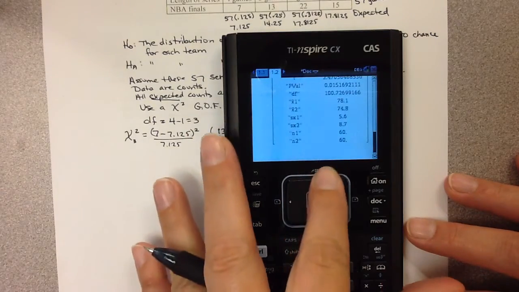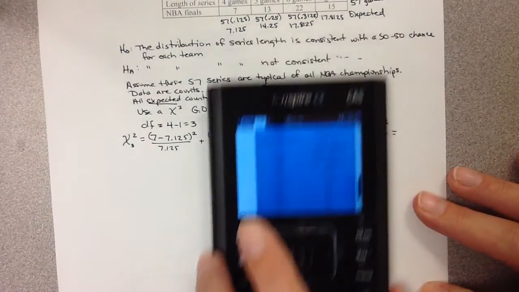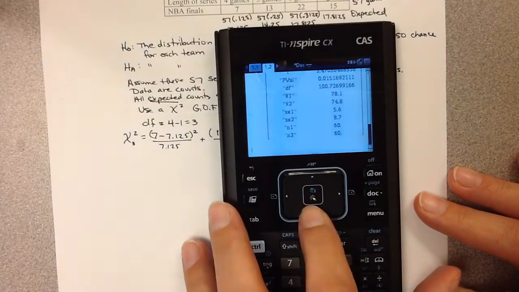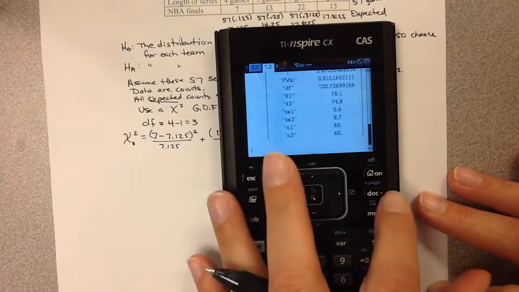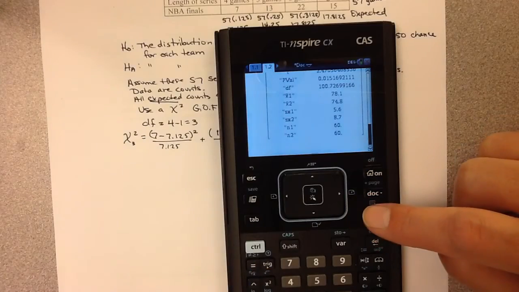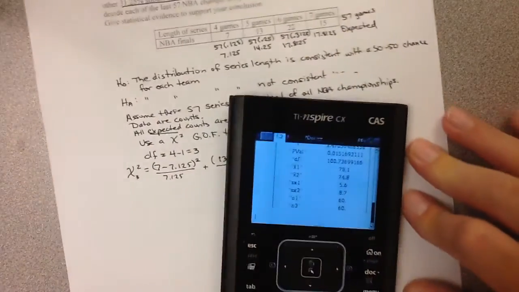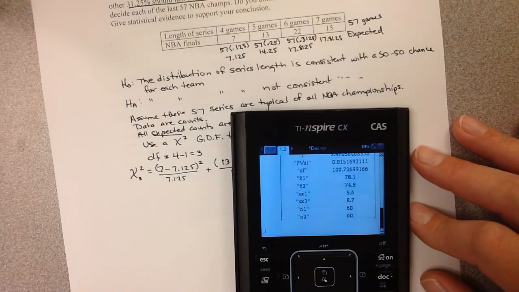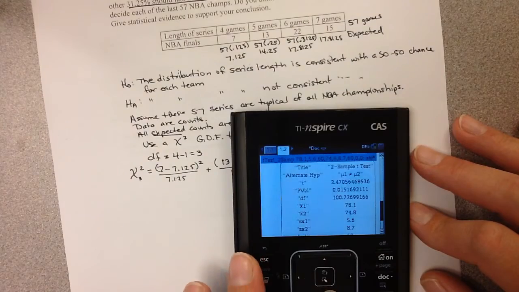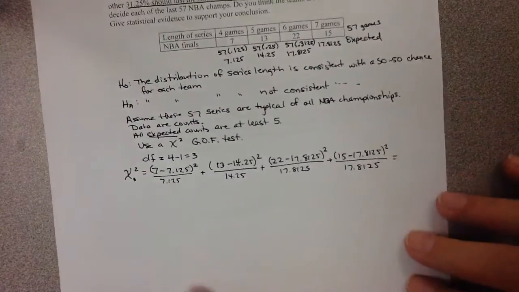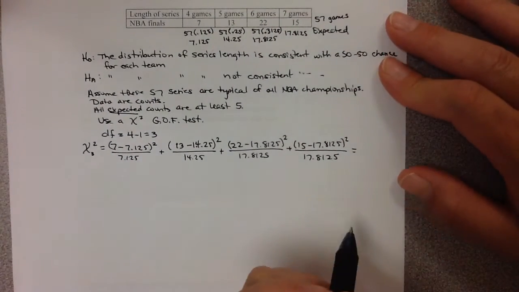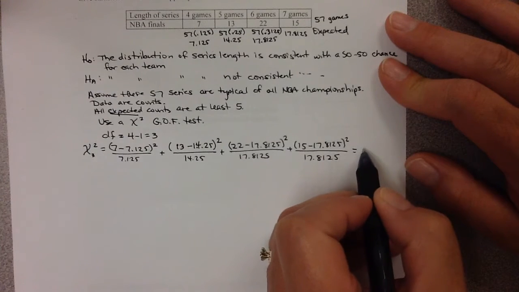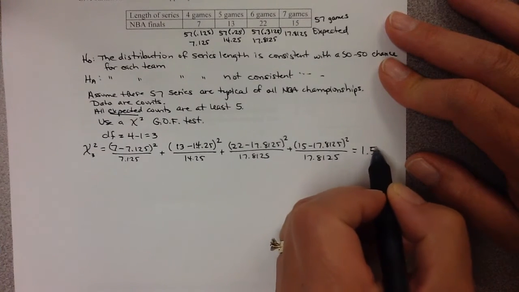Alright, so chi-square test statistic is about 2.47. Whoa, that's not, uh-oh, what did I do? Alright, I lost it, guys. Okay, I lost it, and I don't know why, but I have the answer written down, so we're going to pretend that I didn't lose it, and there's a chi-square test statistic on the calculator,